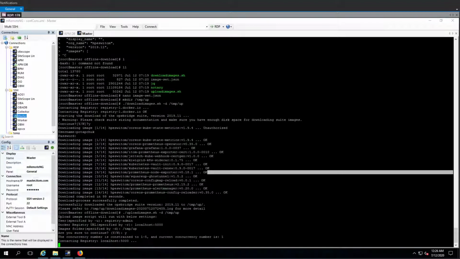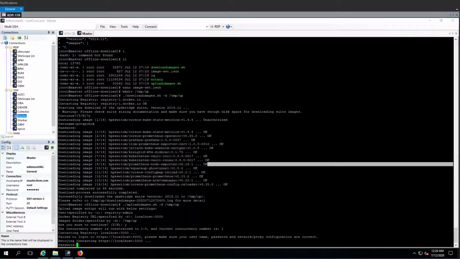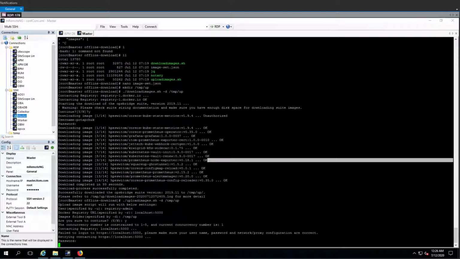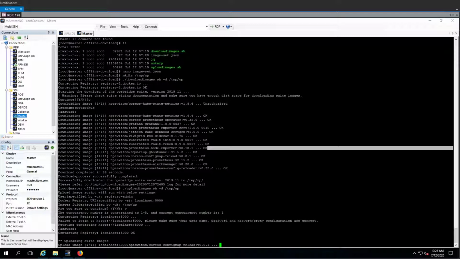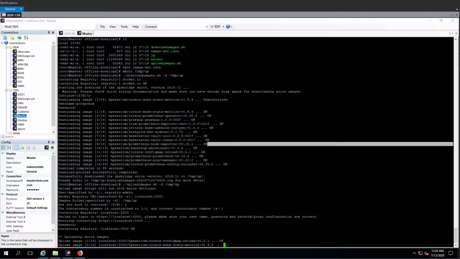Yes, I want to continue. We'll need to specify the repository, right? The password, just the password. So that's going to be the general administration password. And let's hope that I typed it properly on the first attempt. I think I did. So now it will take the files that it downloaded and it will push them into